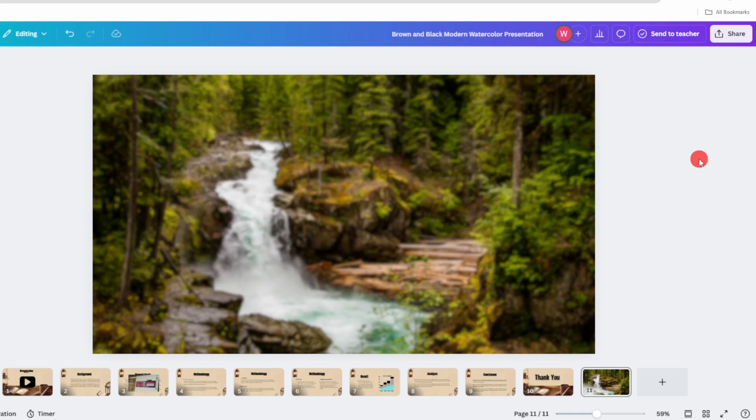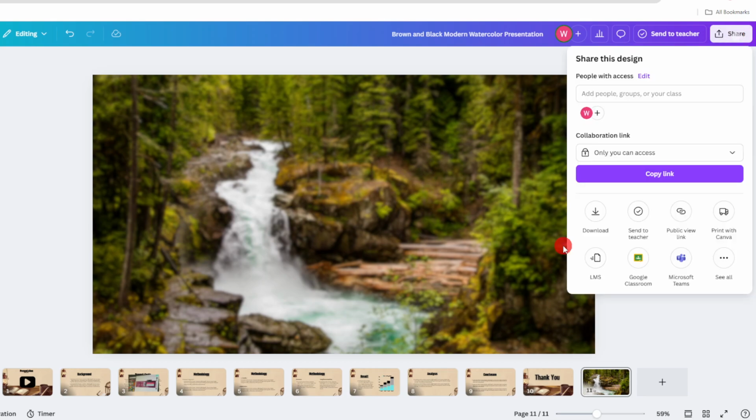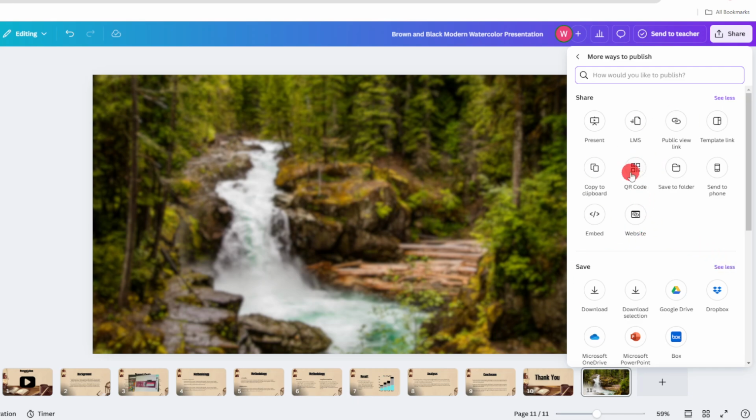Hello folks, in this video I will show you how to create QR code in Canva. So the first thing you need to do is just go on share right over here on top right corner, click on it. Now click on see all. From here there's the option QR code. Click on it,